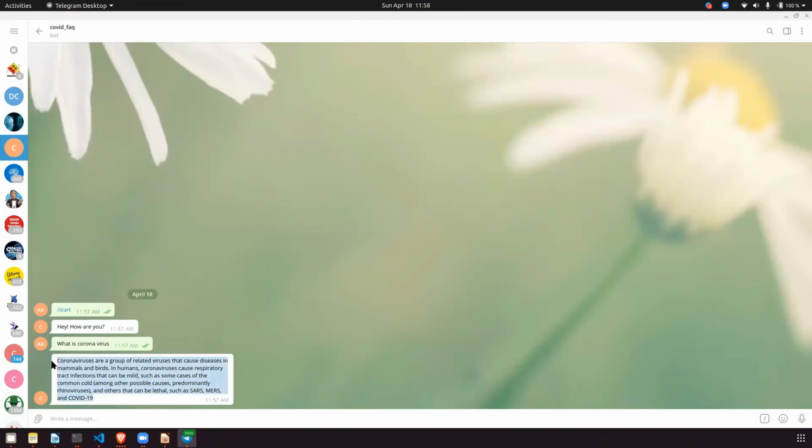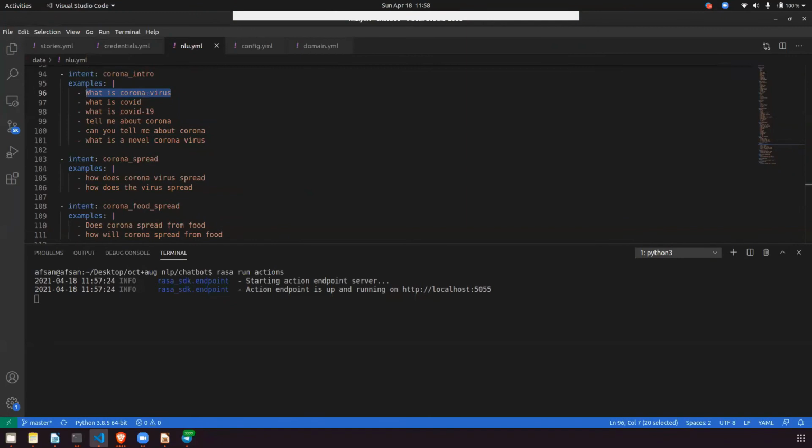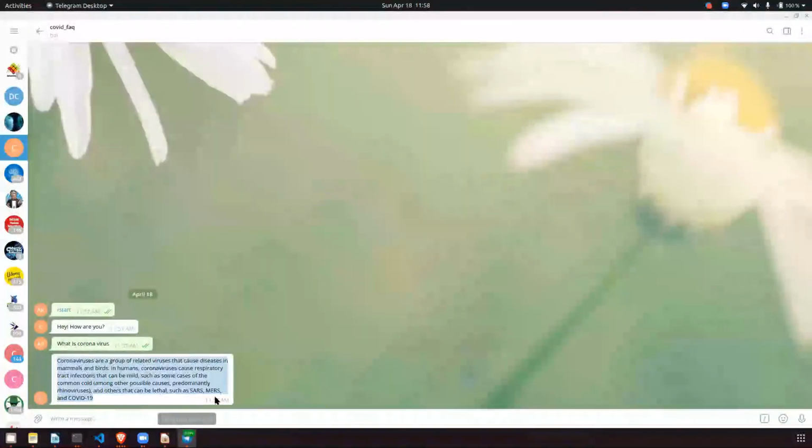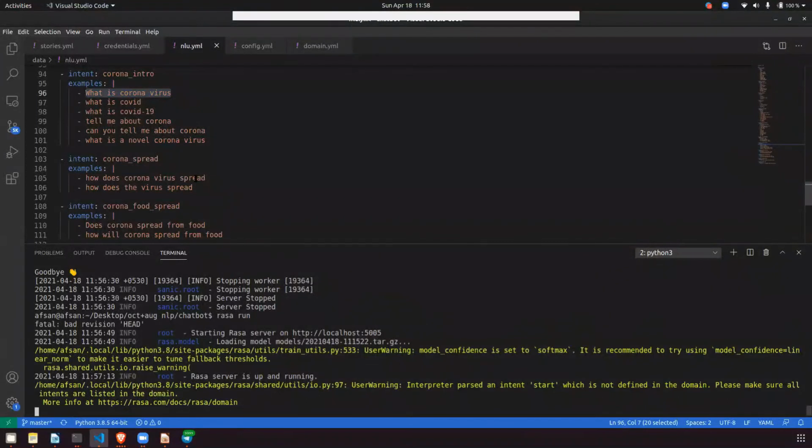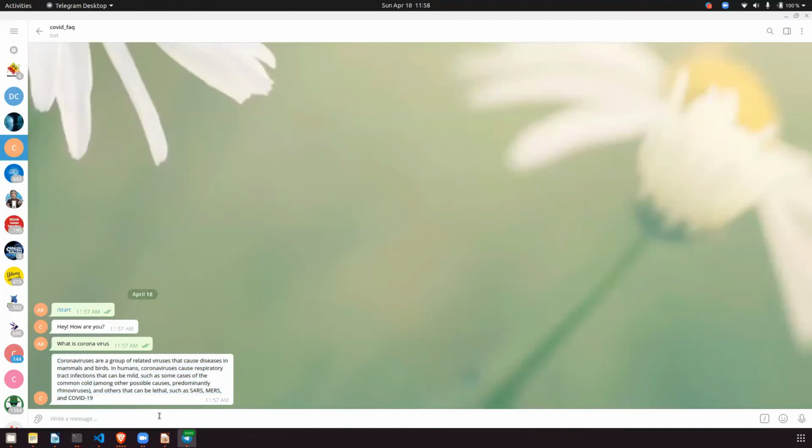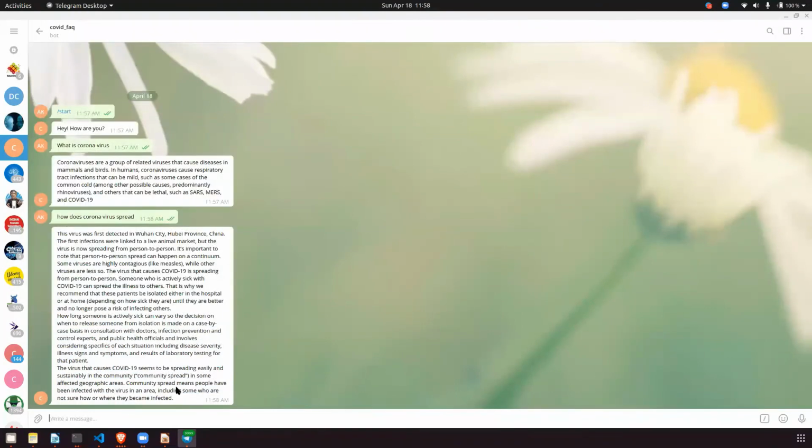So you have successfully integrated your Rasa chatbot here. This will be your server where Rasa will keep running. In production, there will be two servers: one where your Telegram or some web application is hosted, and another where this runs in parallel. You have to make the connection between the two. Now if I check how does coronavirus spread, I'm getting the answer perfectly.